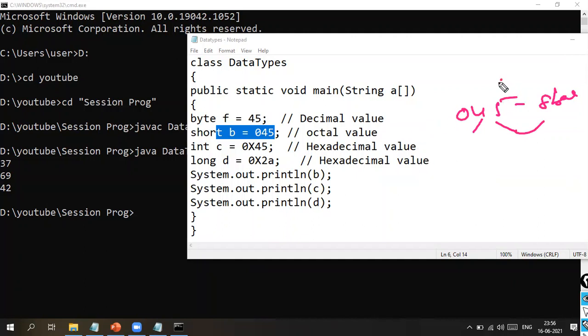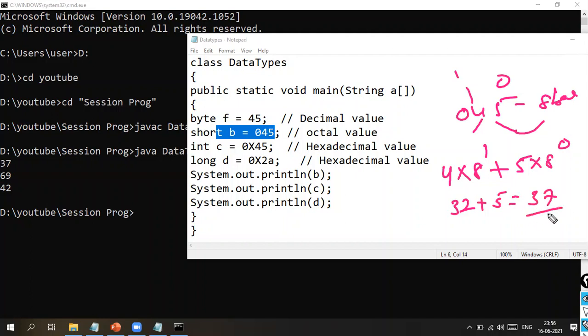So 5 is in 0th position, 4 is in first position. So 4 into 8 to the power of 1 plus 5 into 8 to the power of 0. So 8 into 4, that is 32, plus 5, that is equal to 37.